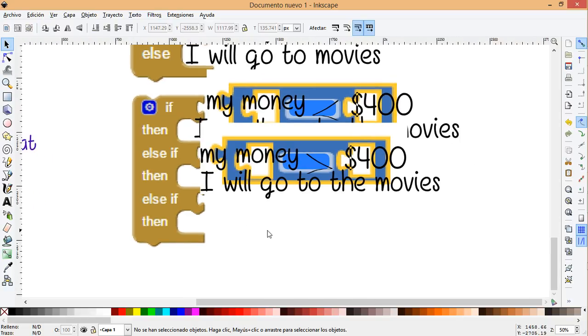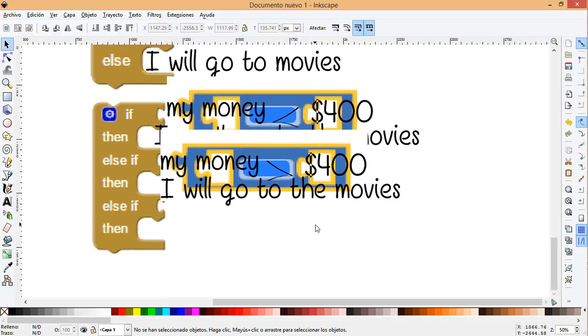Okay, but as I told you before, what happens if you have more money? If I have more than 400 but less than 1000, well, I will go to the movies. So in that case, we're going to use another thing in this condition: if you go to App Inventor,